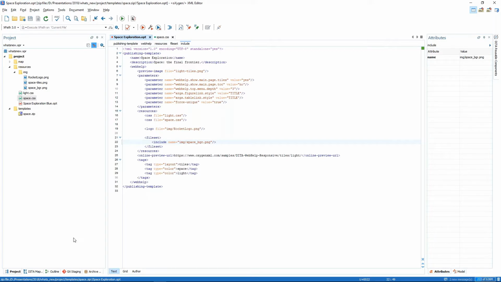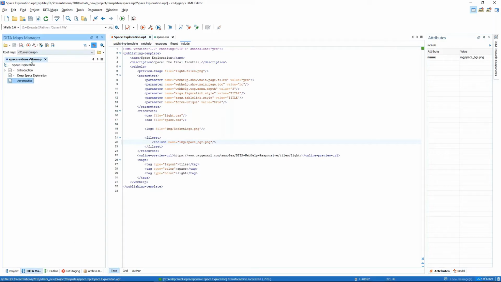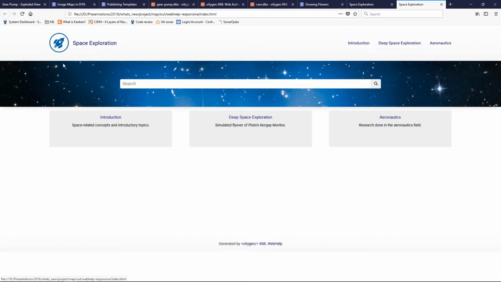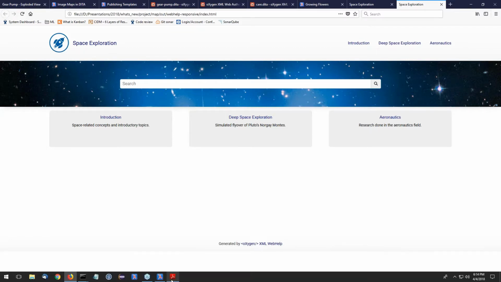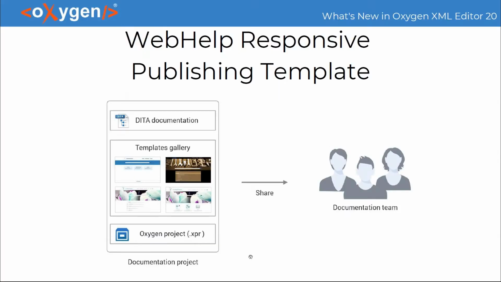So I will go to the DITA Maps Manager and apply the transformation again. And if I didn't forget anything, yes, so we have the logo with the rocket and the constellations here in the search area. So I hope I've convinced you how easy it is to create such a publishing template and to explore some customization. Unfortunately, we have a lot of features to show you, so I cannot go any deeper and present